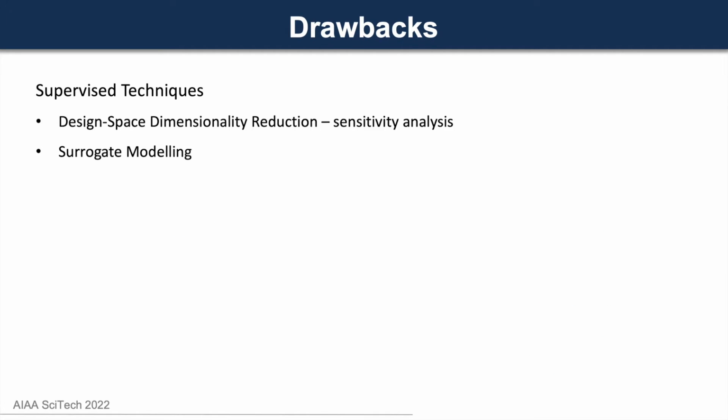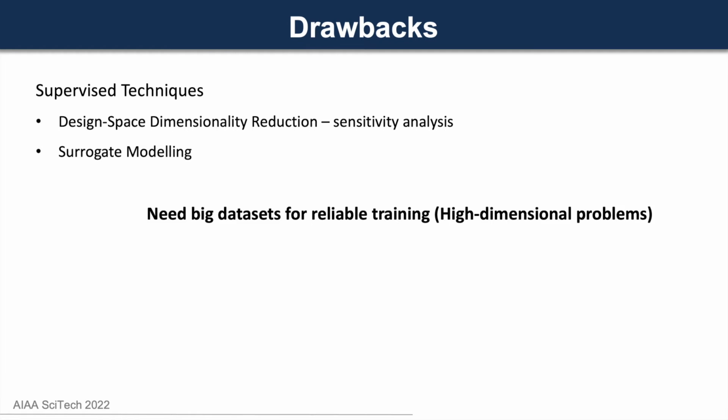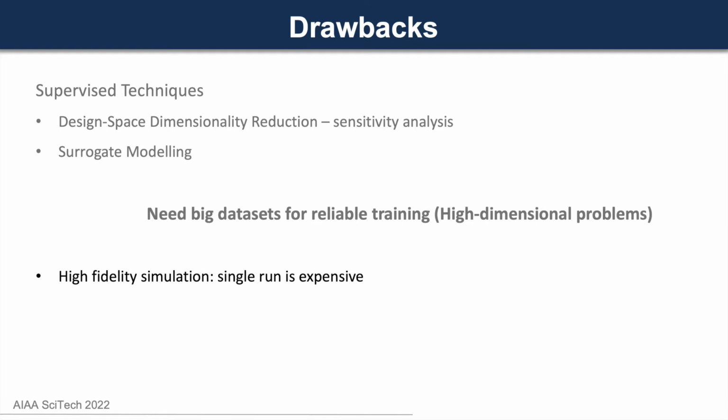Let's talk about some drawbacks, specifically of supervised techniques like sensitivity analysis and surrogate modeling. The reliable training of these techniques for engineering problems, specifically of high dimensionality, requires big datasets. These big datasets for specific engineering problems are not readily available at hand and therefore have to be constructed. However, we all know that running a single high fidelity simulation is itself a computationally demanding task. And imagine running such high fidelity simulations thousands of times; it will still cause the entire pipeline to suffer